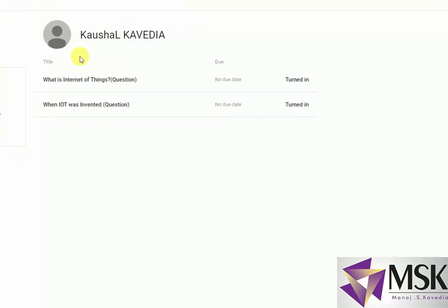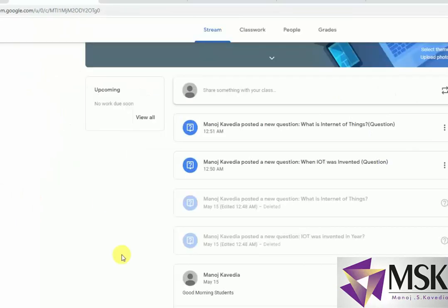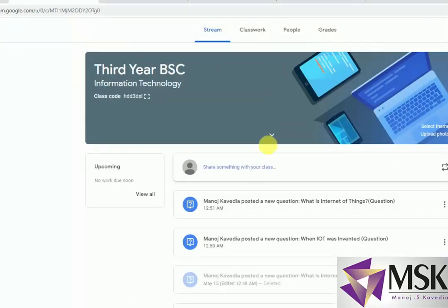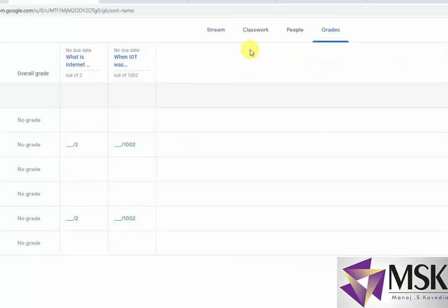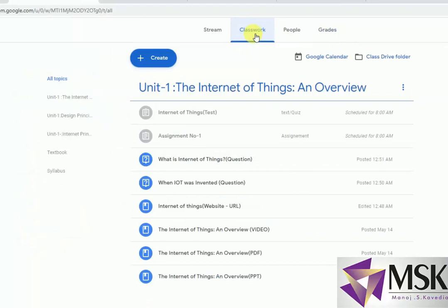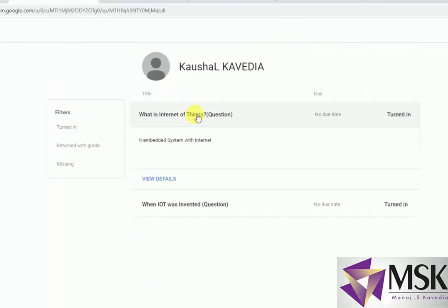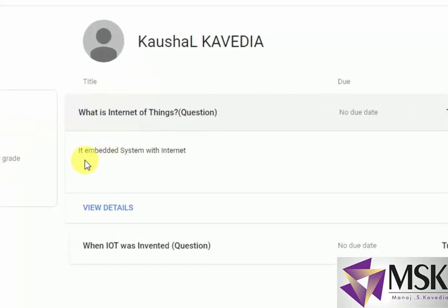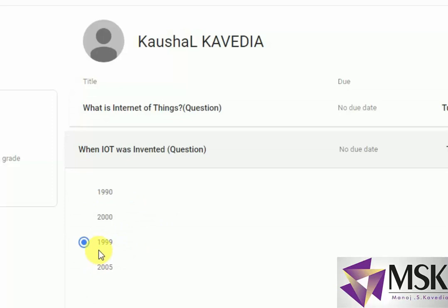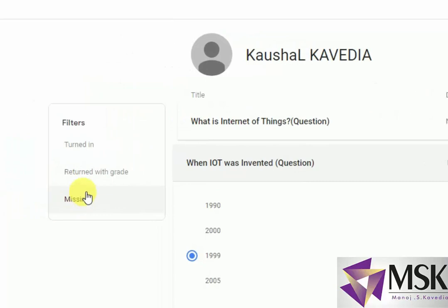Again go back. Now it's time for evaluation. Grading. So I'll come to grading. Now I have to check the classwork whether he has given the proper answer or not. So I'll select this. I'll check this. So see what he has written. He has written it's an embedded system with internet, which is a correct answer. Second answer is 99. This is also a correct answer. So now this time I have to give him the grade.